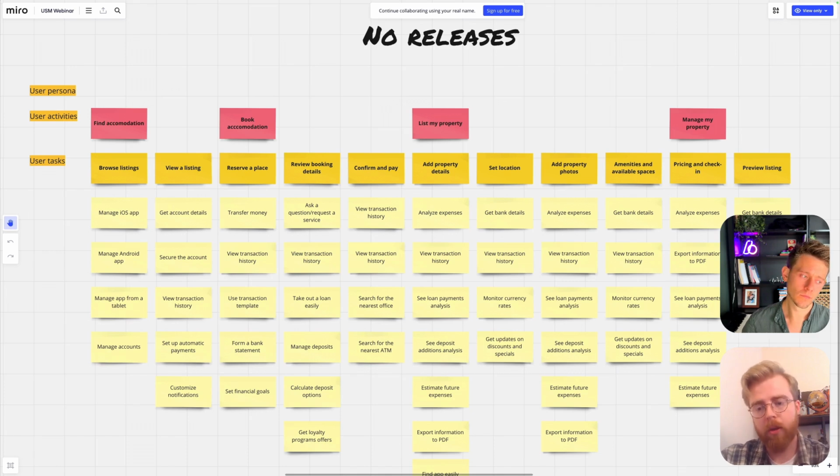We took a look at what they were doing, and this is very close to what their map looked like. The reason they weren't getting the value out of the other end is because although they thought they were delivering what customers had asked for or what they felt was the most valuable, there was never a completed narrative, an end-to-end experience